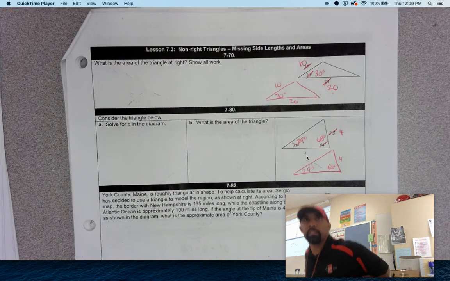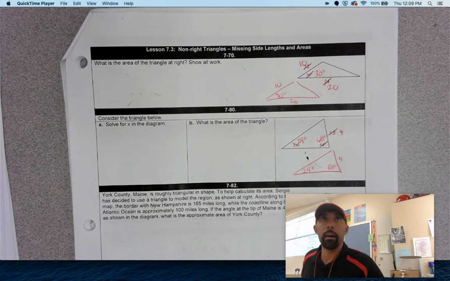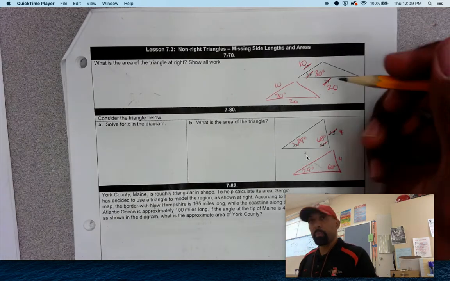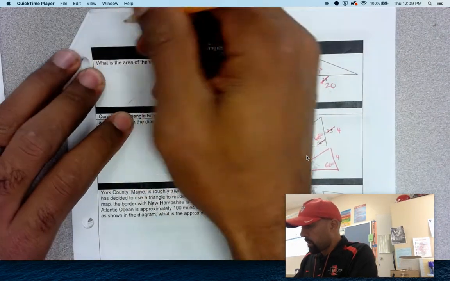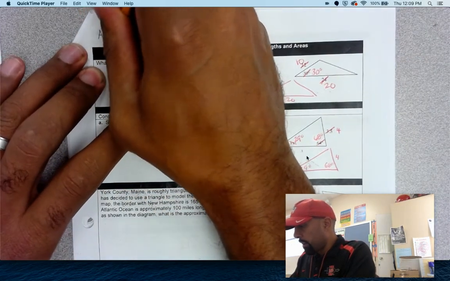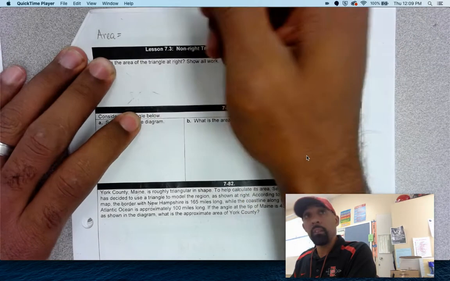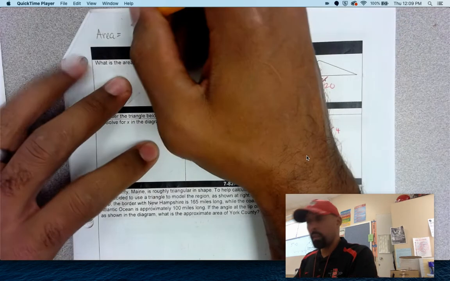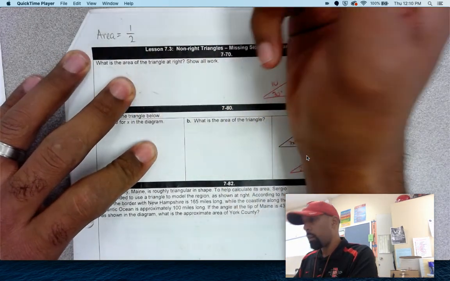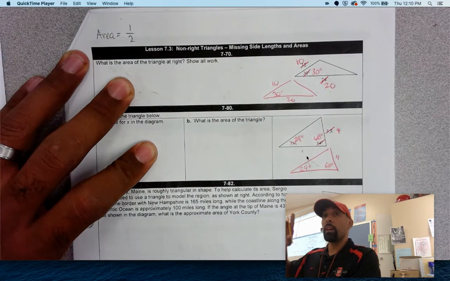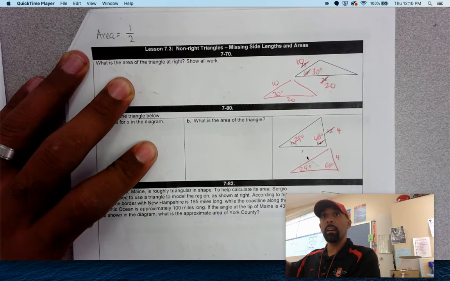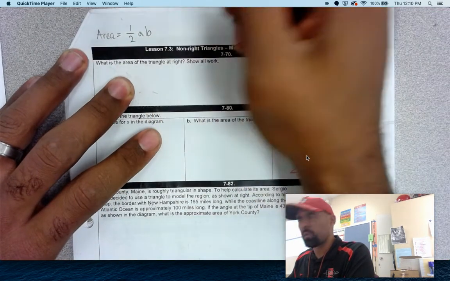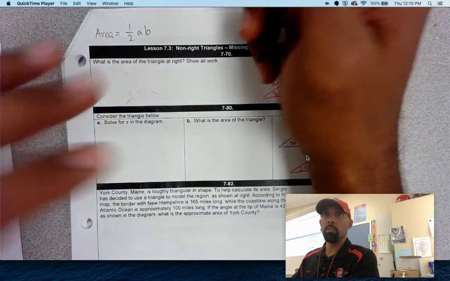All right, so this lesson is all about area of triangles and the missing side lengths as well. But the big focus that we're talking about here is finding the area, and the equation that we're using is very similar to the old area triangle equation that you guys have seen in the past, where it's usually 1/2 times the side times the height, or the height times the base. But in this case, it's 1/2 times A, which is basically two sides,